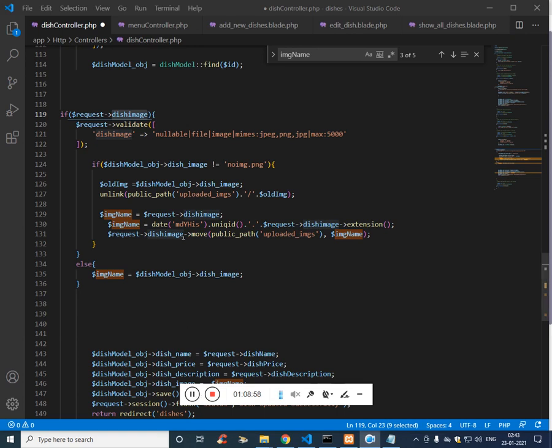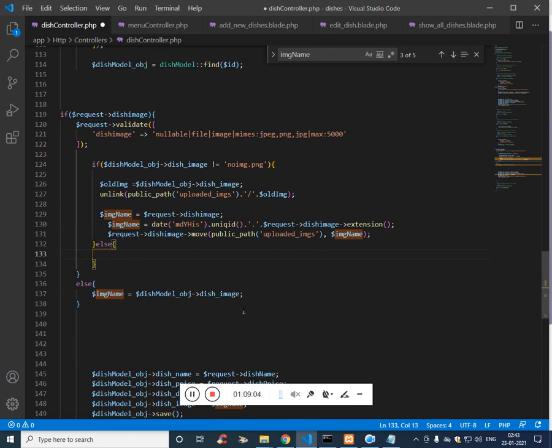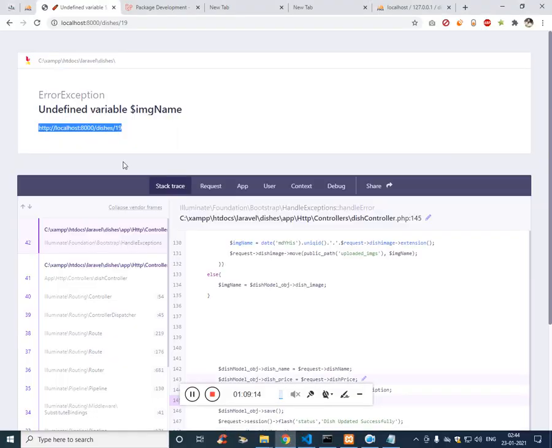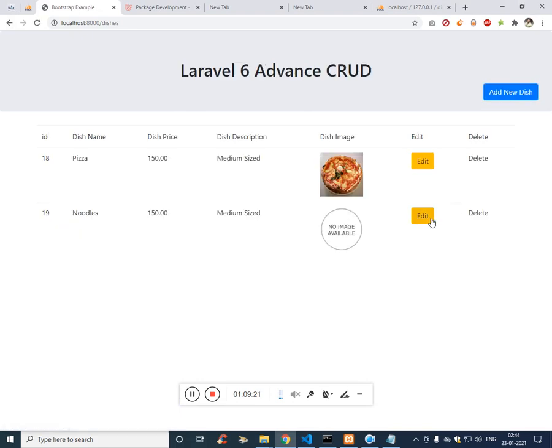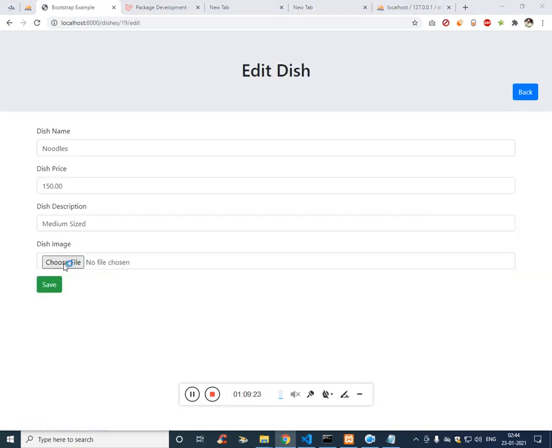And now let's add the else block here as well. Then the image name should be coming from the request. Noodles, click back, edit, add noodles, save.